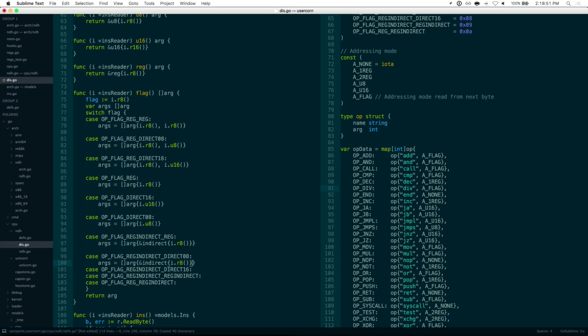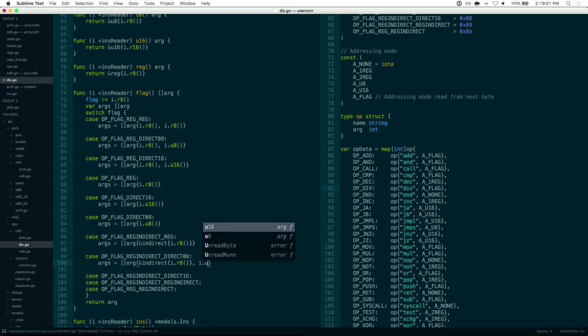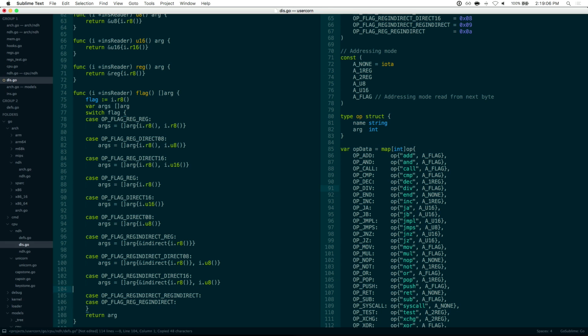Reg indirect, direct 08. These are awesome enum names. It's an indirect R8, and then an I.direct 8 would be a U8. And then direct 16 is a U16. And then